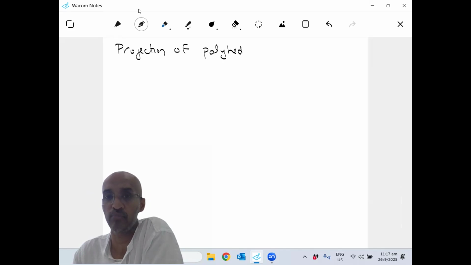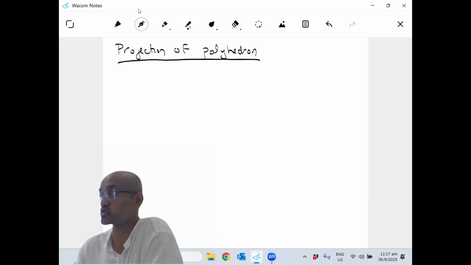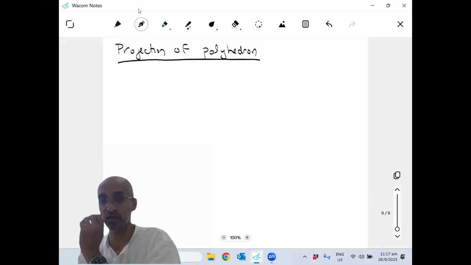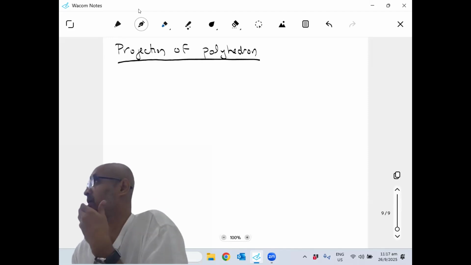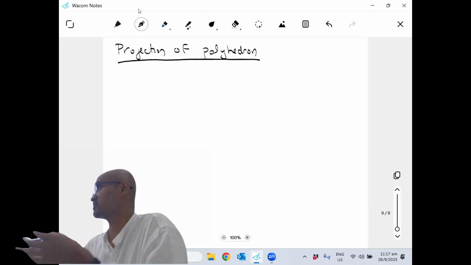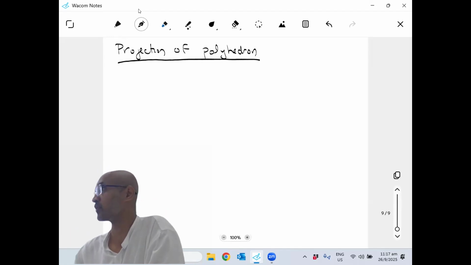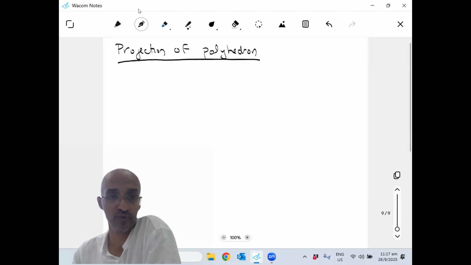Of course, we are doing polyhedron because we are in the LP space, but you might be interested in projection of sets more broadly. Okay, because when you do optimization, this becomes important. So I want to define the projection, and I want to define an algorithm which will help you find a projection of a polyhedron, which is a useful algorithm to know. Okay. So let's first define what a projection of a polyhedron is. Okay. So given a polyhedron P,